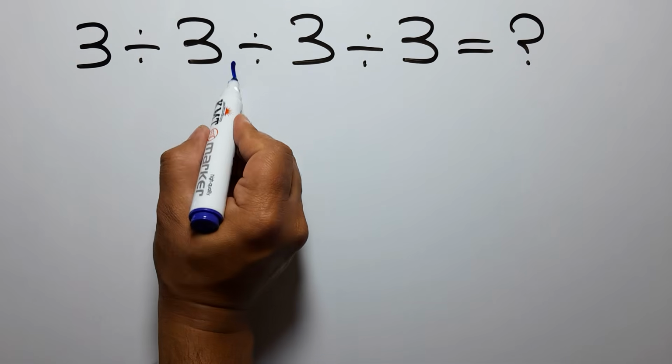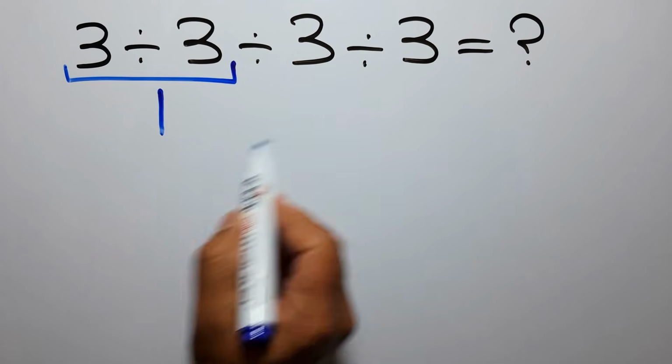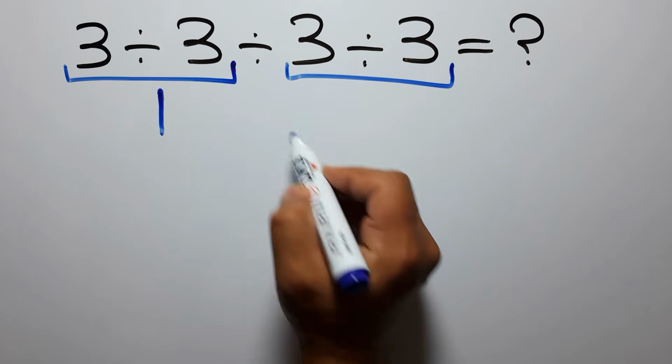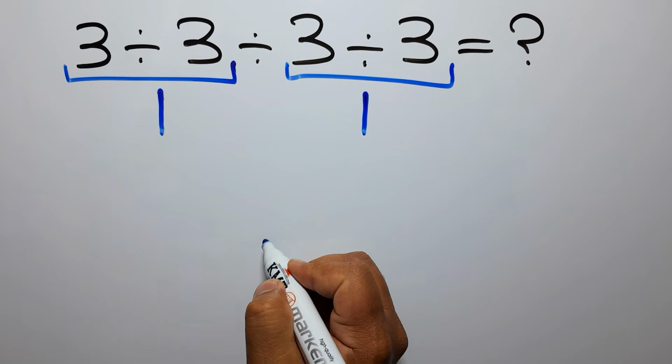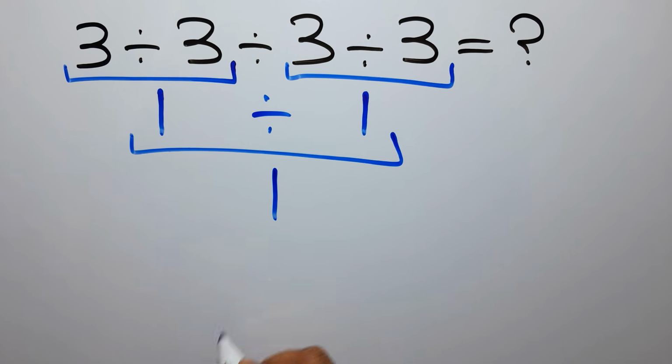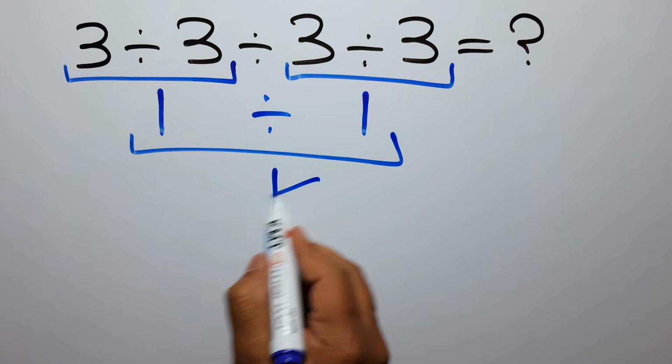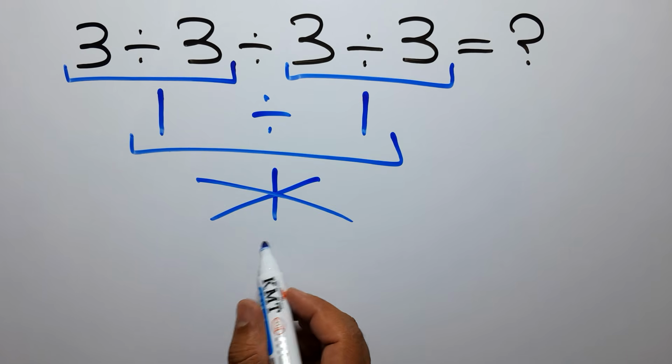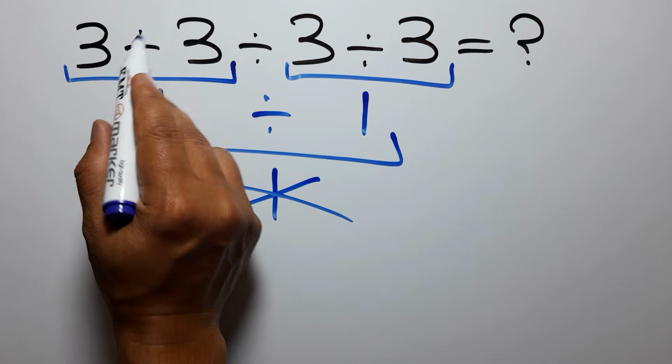3 divided by 3 gives us 1. And again here we have 3 divided by 3. So 1 divided by 1 is just 1. But this answer is not correct, because according to the order of operations, when we have more than one division